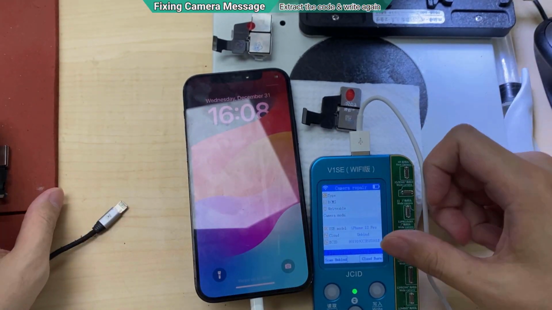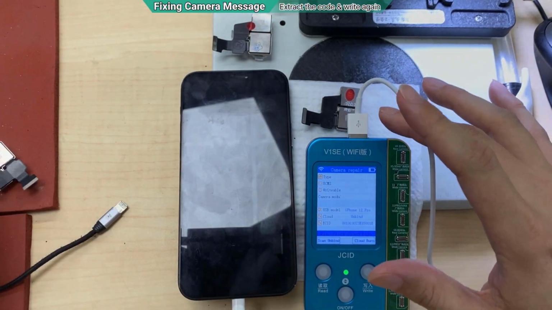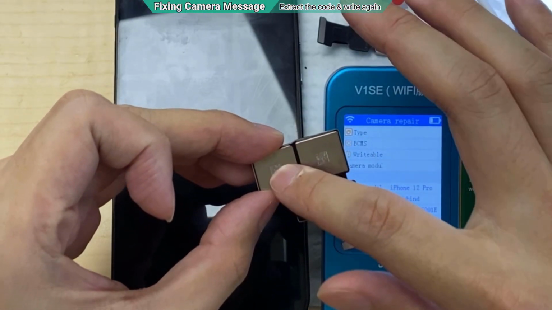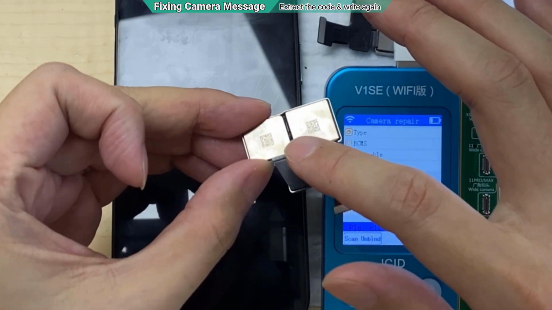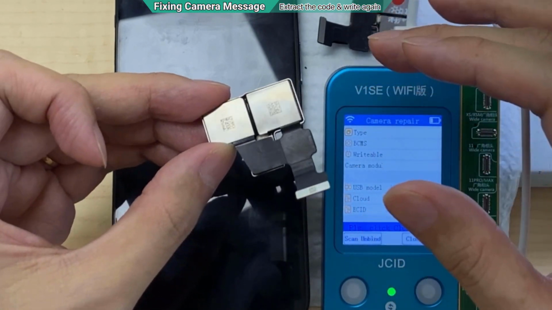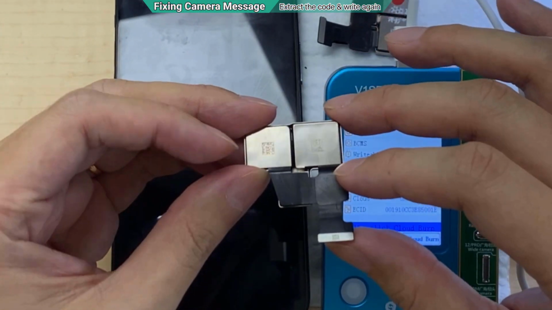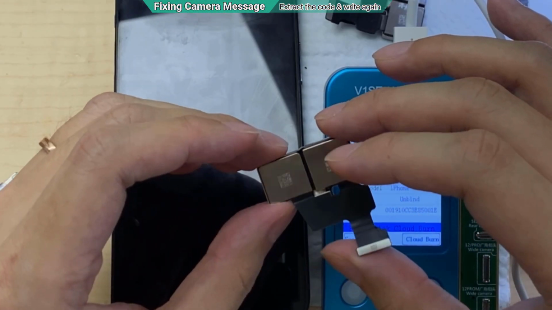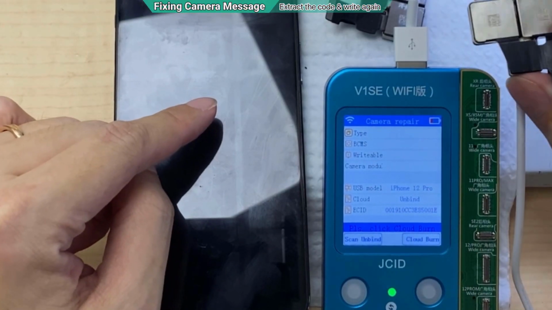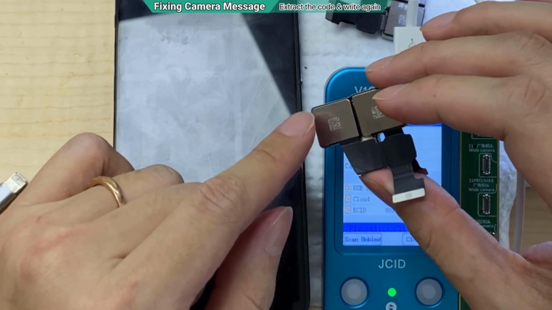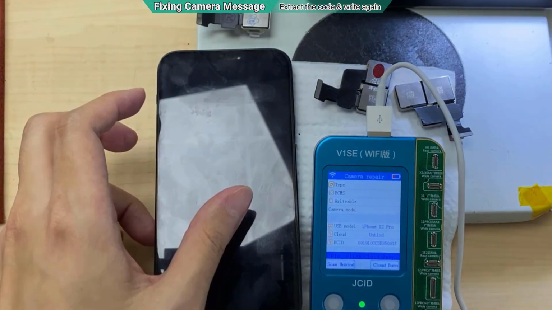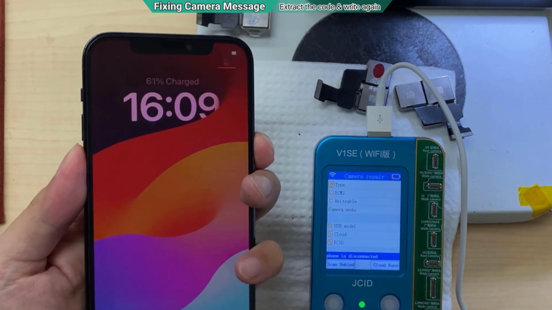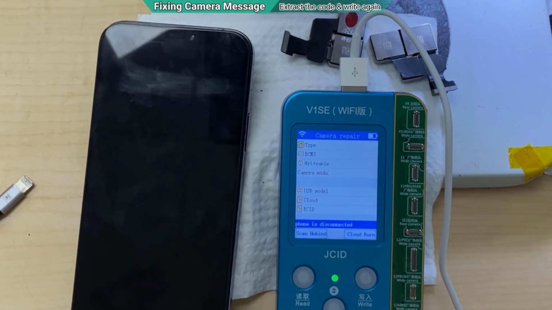Okay, my biggest problem is actually I scanned the wrong code. I scanned this one instead of this one. The instruction said this one, but I didn't take note of that. And now it keeps saying you can only do it once for one device. What I need to do is put on another motherboard and then scan the left side of the code. Because one motherboard has one time to scan. So now I'm going to put on another ID board.